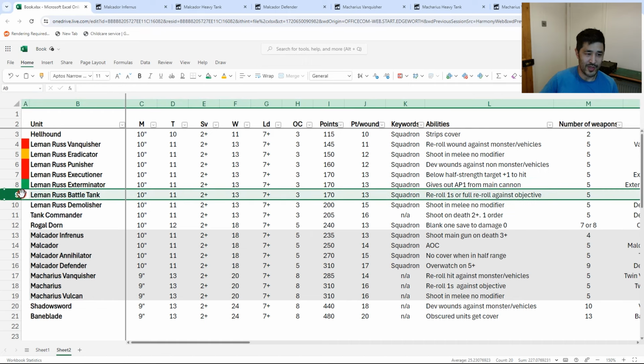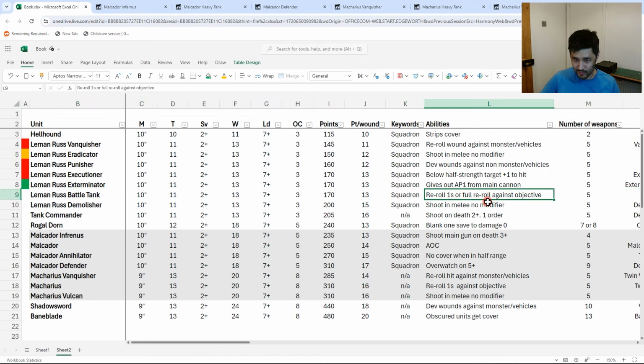Okay, the Glorious Battle Tank. Now, it's a bit of a shame this one because this is a classic model and it should have classic rules. So, to be fair, reroll 1s and full rerolls against targets on an objective is fantastic. So, organically, this thing is deceptively accurate. A reroll 1, I think, basically makes this, and forgive me for saying this, a ballistic skill of